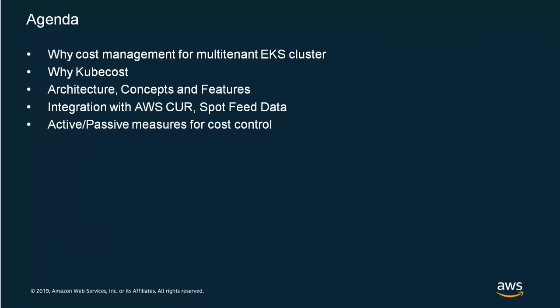We are also going to talk about how KubeCost can actually help in mitigating each and every workload for different lines of business. We're going to talk about the architecture, and we're going to discuss how you can integrate Kubernetes, especially EKS, with AWS features like the AWS Cost and Usage Report. And if you're using something like Spot instances, how you can get how much you are saving, if you are using the Spot instances, from a maximum cost utilization perspective.